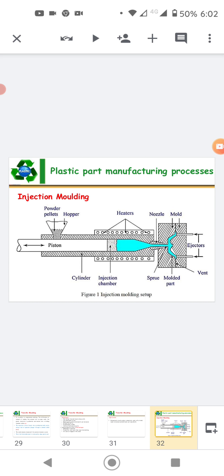Injection molding can produce complex shapes with inserts, threads, and holes, and the rate of production is high. The process is particularly suitable for small parts such as knobs for electronic equipment, tool handles, and pipe fittings. It is a high rate of production process with good dimensional control.